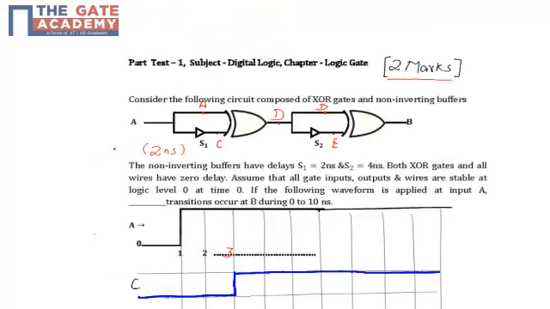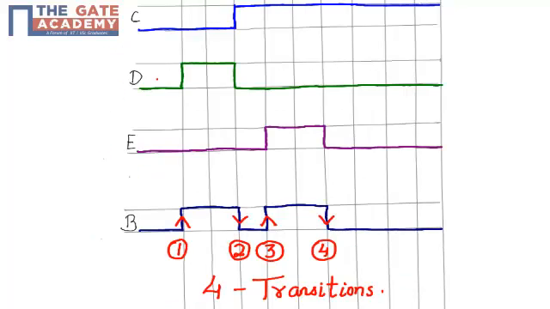Now proceeding further, here we are told that S2 has a delay of 4 nanoseconds. Fine. So from this waveform we will apply the delay of 4 nanoseconds and draw the waveform of E. We can see that D has an upper transition at 1, so E will have an upper transition at 4, and since D has a lower transition at 3, E would have it at 7.